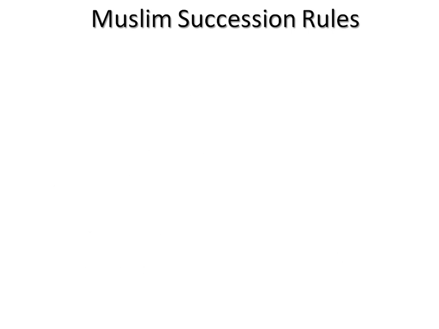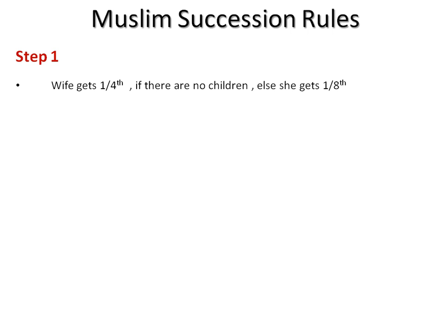And now let us see what are the rules of division, how the wealth is divided. That is divided into two steps. The first step is that wife gets 1/4 of the wealth in case there are no children. But if there are any children, then she gets 1/8. After that, each of the parents are going to get 1/6 of share. Once this step 1 is complete, we move to the step 2. Now, after wife has taken her share and parents have taken their share, there will be some wealth remaining. And now that will be divided among children.